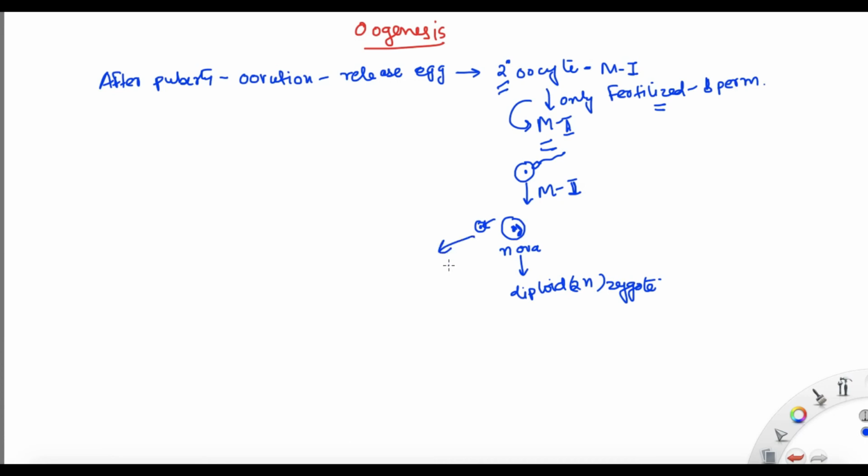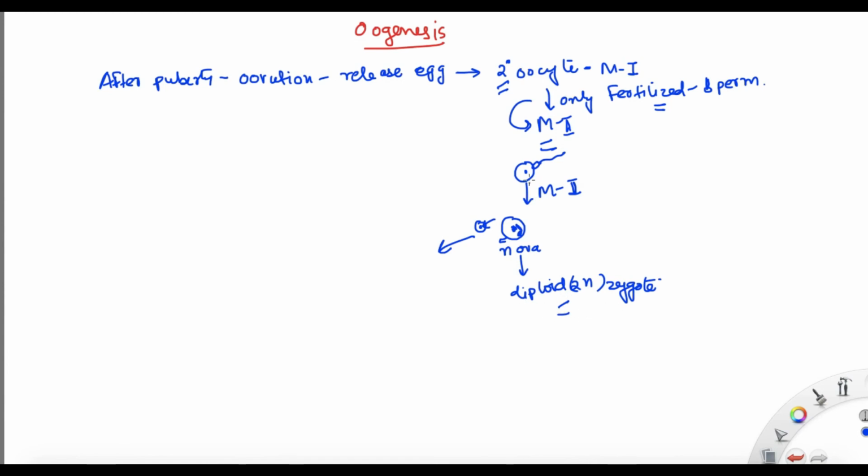The copied chromosome will be released, it will have a haploid set, and that nucleus will fuse with the sperm nucleus to give a complete diploid zygote, and then the division will happen. It's a very fast process. The moment sperm comes in contact, there will be a trigger. It will undergo meiosis 2, release a polar body, and the haploid nucleus will fuse with the sperm's haploid nucleus to form a diploid zygote.